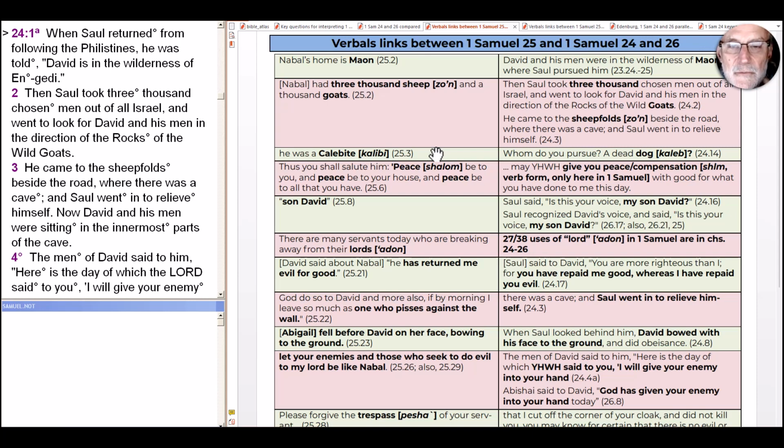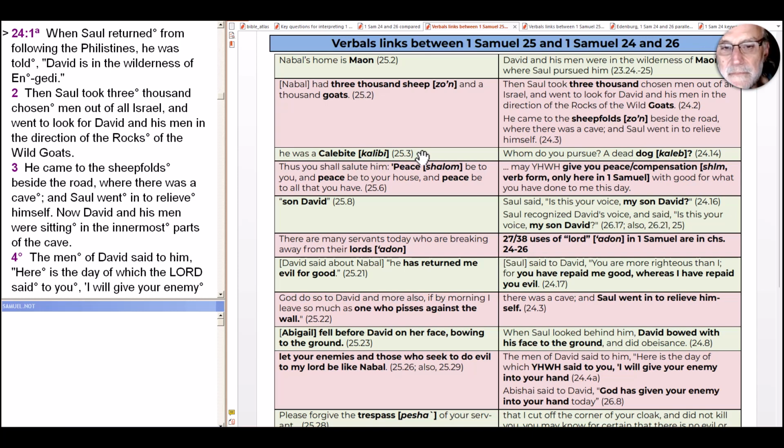fool. And as we'll see in another comparison, Nabal is the exact opposite of Laban in English and in Hebrew, a character that Jacob is sent to, his uncle, to get a wife, and that will also relate to this. So we'll look at that a little later, not today on this video, of the relationship between 1 Samuel 25 and the Laban story. So that's an element there. But his name as a dog and his name meaning Nabal, meaning fool, suggests that these are not real names, that these are nicknames, that he's known as a fool or a dog, or that this story is meant to